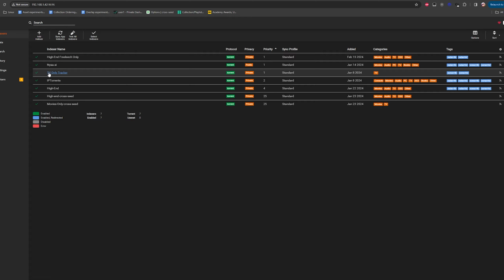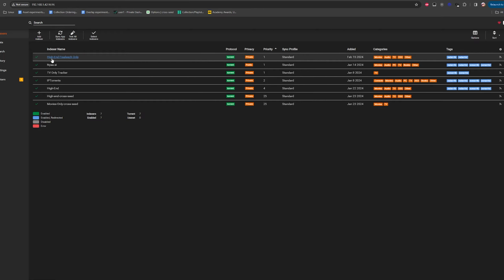So keep in mind, TV only tracker, while it might have movies, I only kept it for Sonarr because we want to limit the number of queries that we're making to any of these trackers. We don't want to needlessly make queries because remember, it can kind of look like you're attacking the website and you could get banned. So you don't want to do that. You want to always be careful and methodical in which apps are syncing a certain indexer.